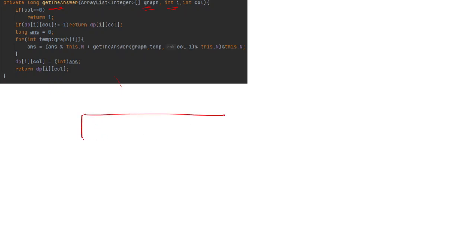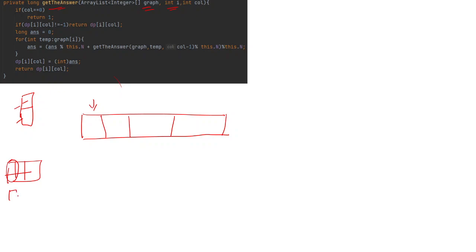As I've shown you, I will convert this M cross N grid into a single array grid, because we are filling this particular grid with a single thing at once. So we are going with i equal to 0.